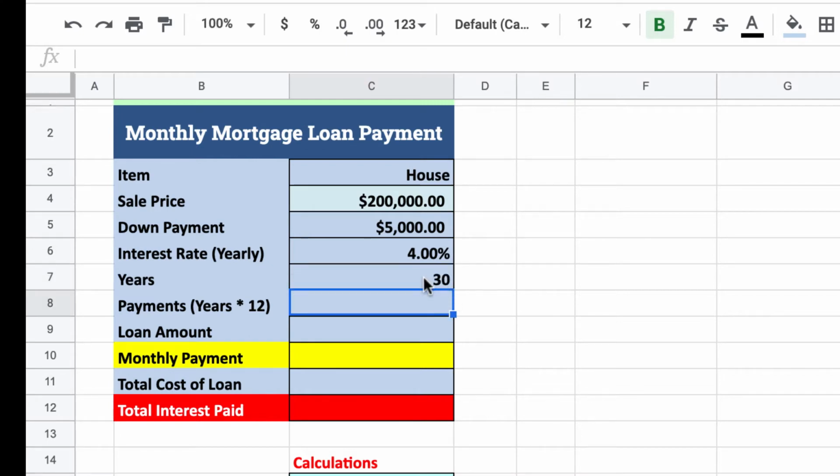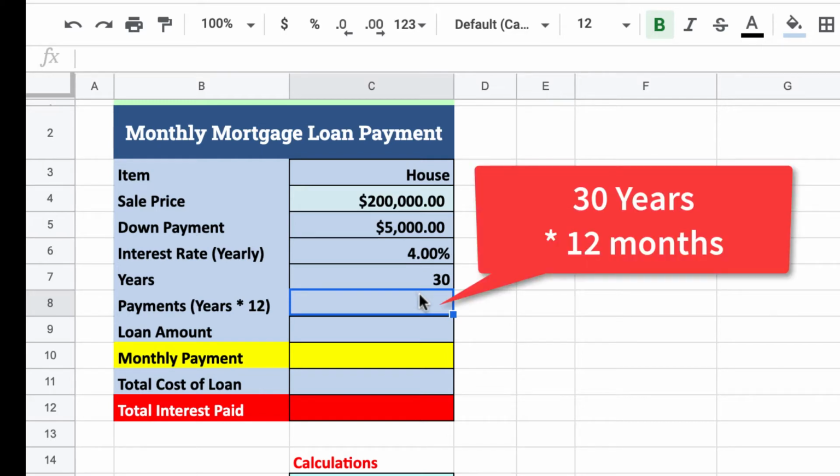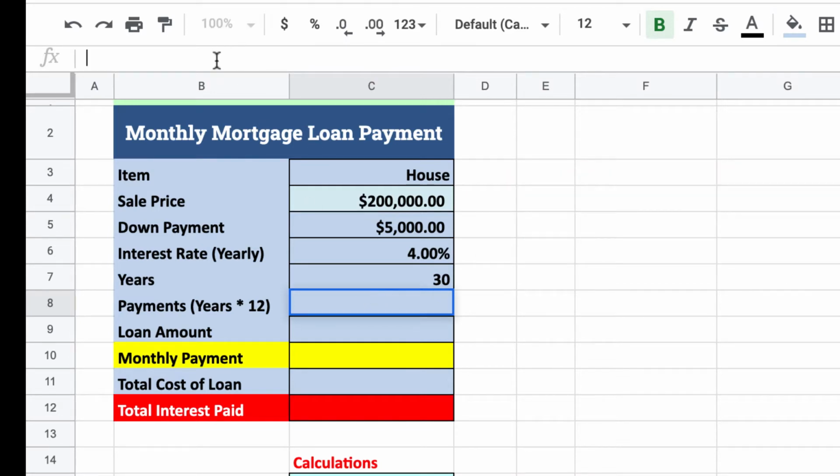Now, here's where we're going to start to use some of our cell references. Now it says payments. How many payments would this be? Now typically for any kind of loan, like a car loan or a mortgage, you're going to be paying monthly. So we have to do 30 times 12. Now we're not just going to put 30 times 12 in here. We're going to put equals